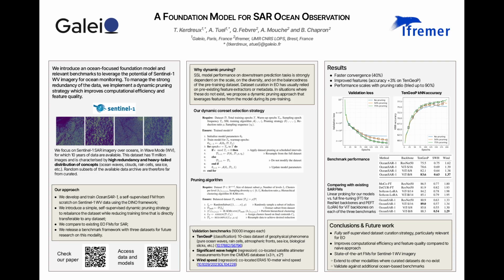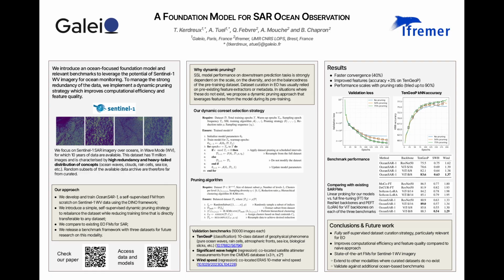However, Earth observation data present a unique challenge, especially compared to natural imagery like ImageNet. And this challenge is their extreme redundancy. For example, over land, you will mostly see endless stretches of forests, deserts, or clouds if you take an image at random. Similarly, over the ocean, you're mostly going to see waves, more clouds, or sea ice if you're at high latitudes. So, simply using all the available data naively to train a model isn't efficient and can lead to